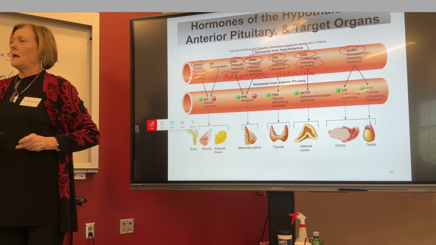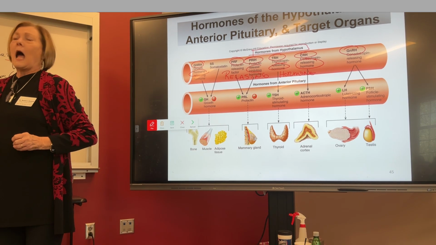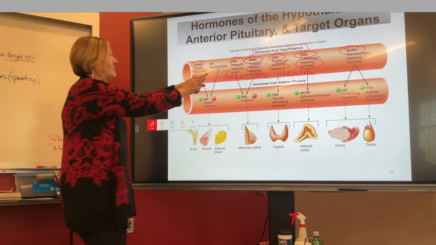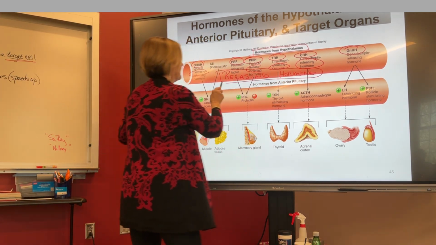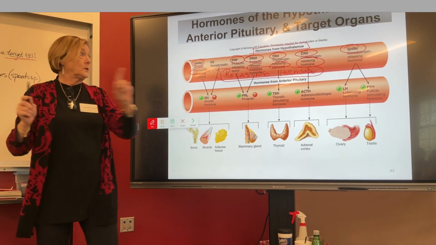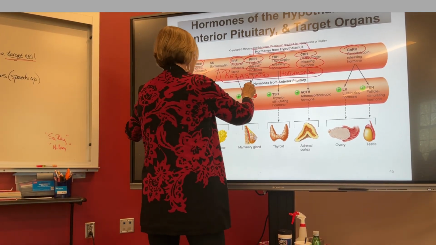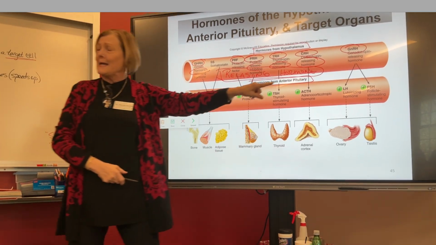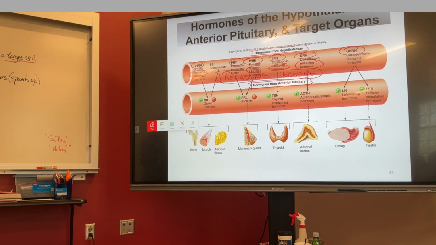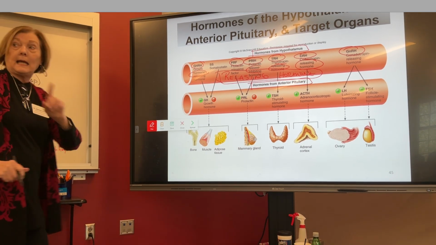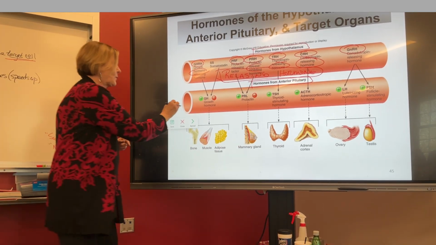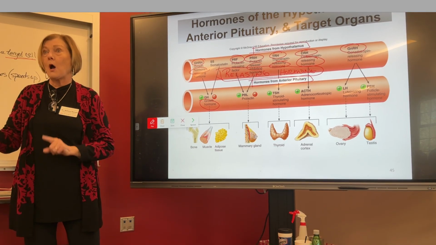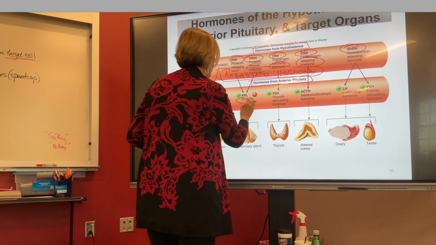Yes. Do you want just the abbreviations or the words under it? I want, on this one, I want just the abbreviations and these words. Okay. Got it. Okay. Now, don't forget, here, I need this. In between them, hormones from the anterior pituitary. Okay. Now, here, I want the words. You can put the abbreviations. You can put both, but I want the words because I want you to start learning them.